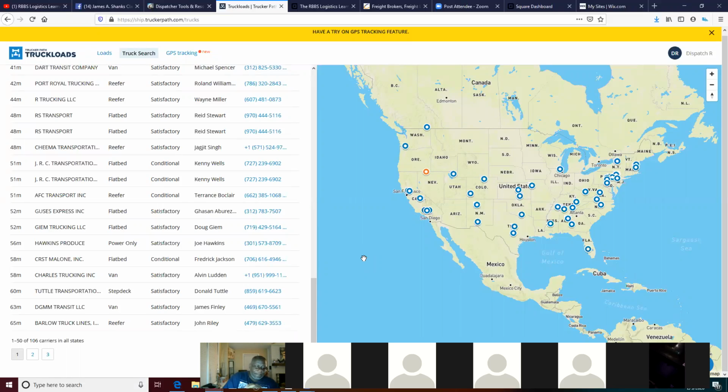You know what I'm saying? Right. So sometimes that happens because they'll see that the truck is done dropped this load. So the corporate office or the trucking company would go in and mark them as empty. Why? Because the trucker himself may be trying to take a break. He may be lazy, but I can guarantee that trucking company wants you to grab a load. You see what I'm saying?